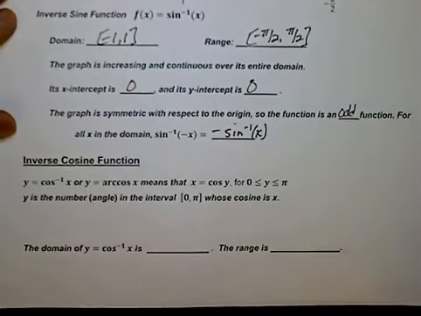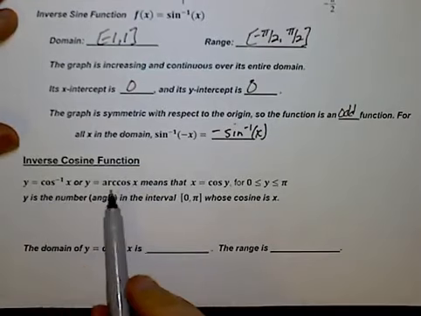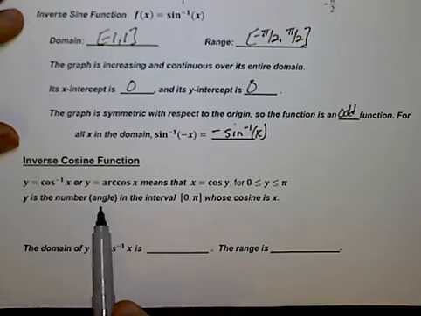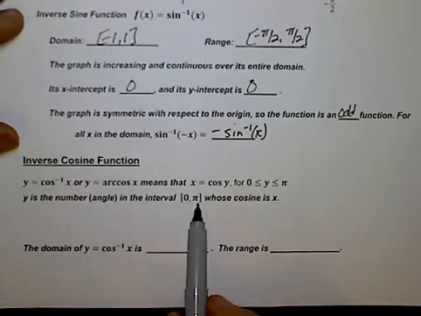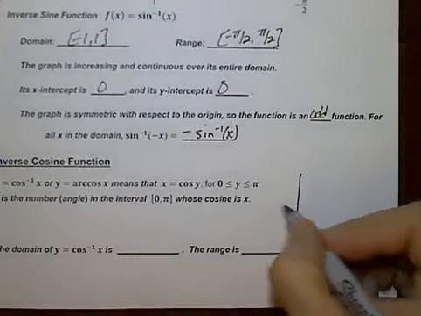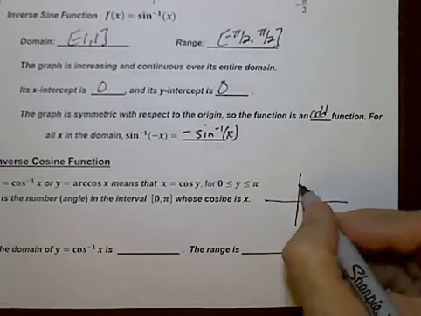For the inverse cosine function, inverse cosine we can also write as arc cosine. For this, we're trying to get the number or the angle in the interval between 0 and pi, whose cosine is x. Now the reason we're going between 0 and pi is if we look at the graph of our cosine function,